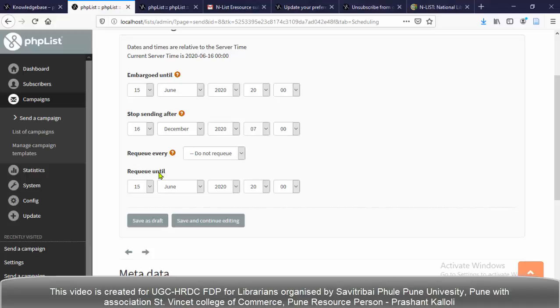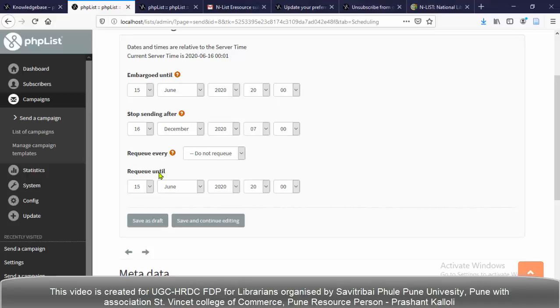I am using a Gmail account here, so I have an email quota of 500. Suppose I have 1000 users. I have to send an email to 1000 people, but daily I have only 500 mails. So I am using this requeue until. I am telling the system to requeue until 2 days and send the messages.